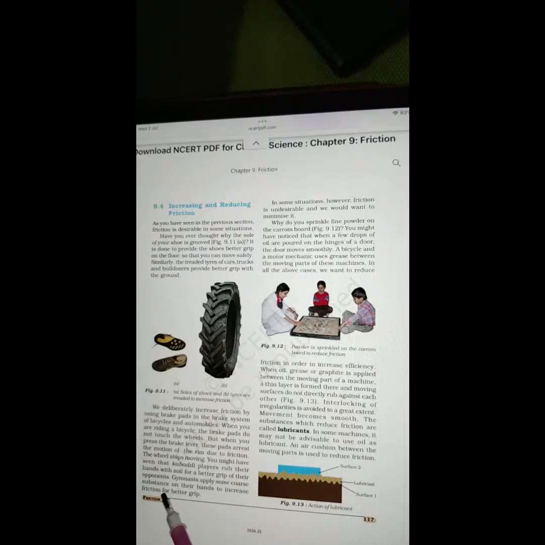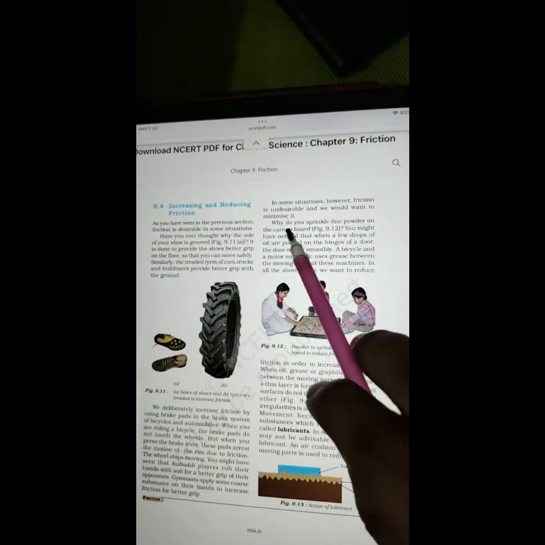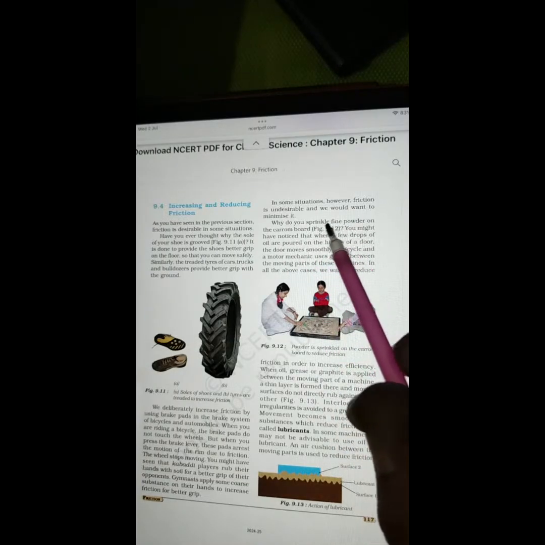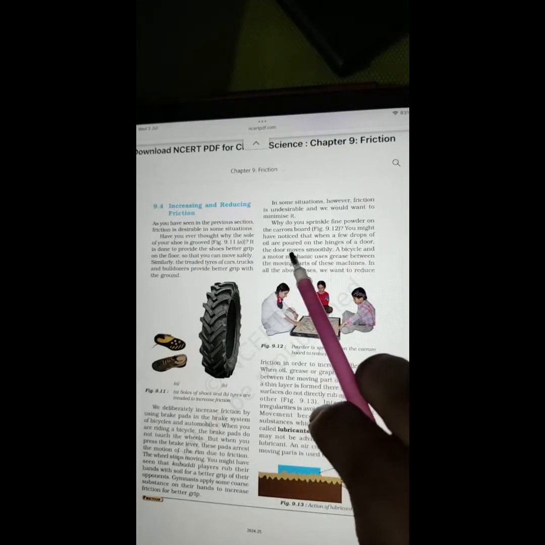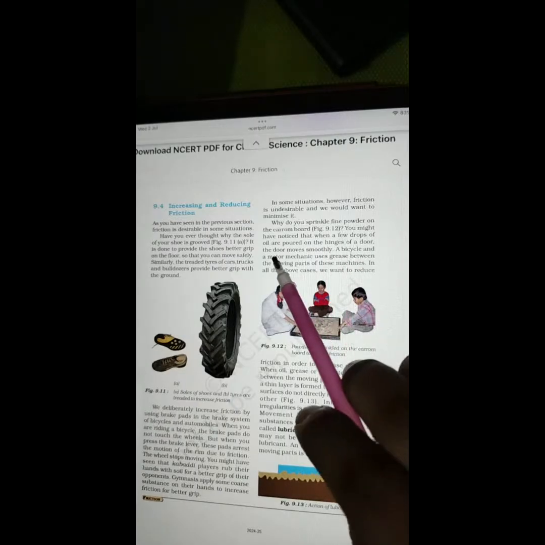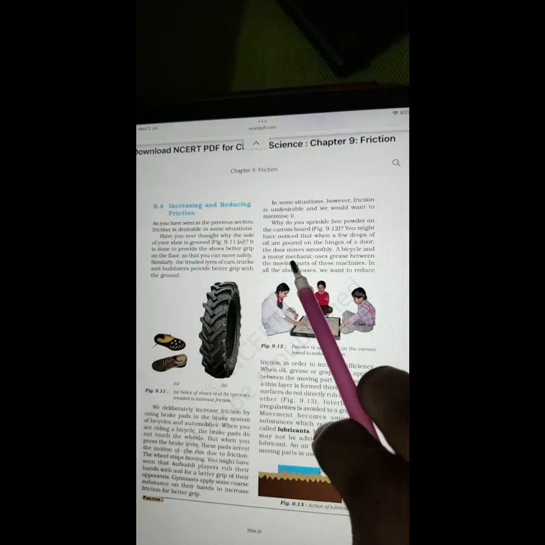You might have seen that kabaddi players rub their hands with the soil for a better grip of their opponents. Gymnasts apply some coarse substance on their hands to increase the friction for the better grip. In some situations, however, friction is undesirable and we would want to minimize it. Why do you sprinkle fine powder on the carom board? You might have noticed that when a few drops of oil are poured on the hinges, the door moves